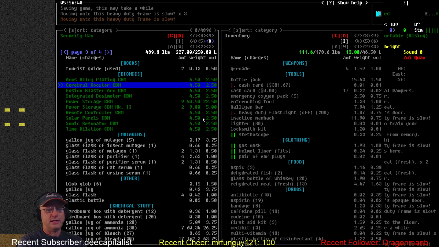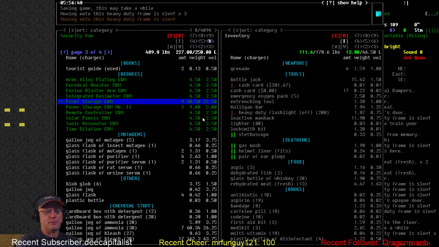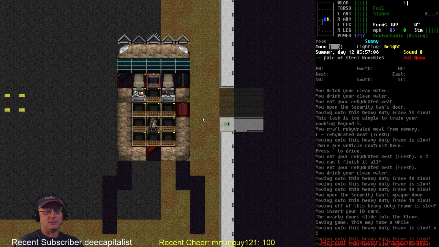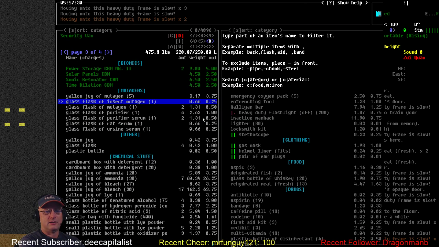Arms alloy plating, cerebral booster, fusion blaster arm, which I don't think I can afford to install given that I'm a hand-to-hand melee fighter, because it actually replaces your arm. And I'm concerned what that would do to me, so I'm going to probably have to forego that. Actually, this isn't my entire list. I should have a lot more power storage laying around than that. I thought I had a big old pile. So if I got stuff sitting somewhere else, all